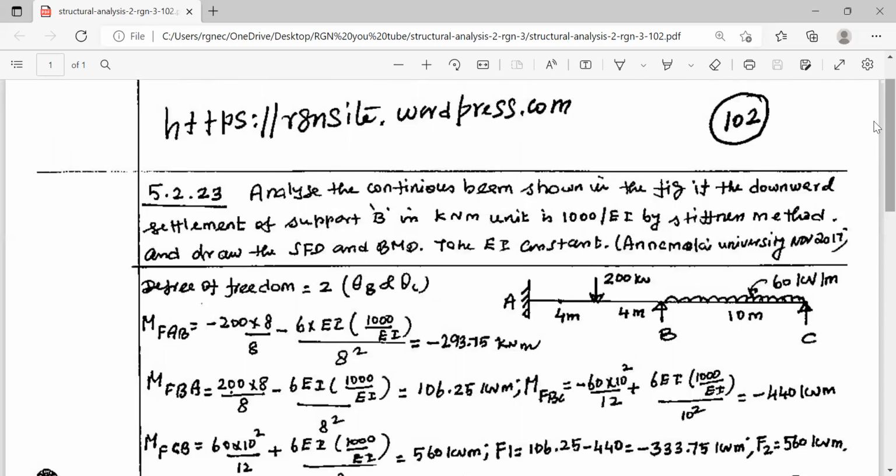As I have already told, there are several explanations needed. What is the relationship between the end member moments and the fixed end moment? What is the relationship between the fixed end moment and the moment caused by the settlement of the support? What is the relationship between the end member moment in terms of fixed end moment and also the rotations? And what is the moment caused by the rotations? For all these things, we have the relations derived in the slope deflection method, as well as other explanations available in this website,